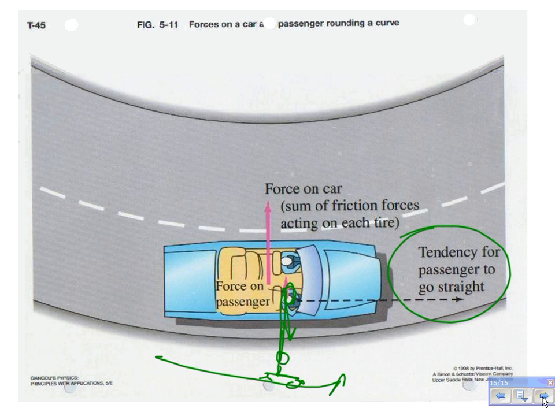You aren't at first until you either hit the wall of the car and then you start going around the corner, or you fall out the door and then you keep going straight. But you can have like a centrifuge, like they do that, like